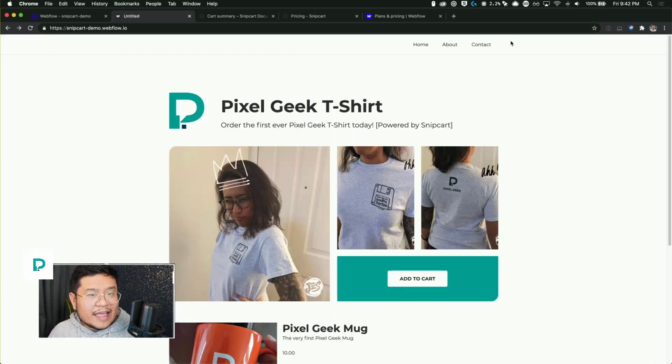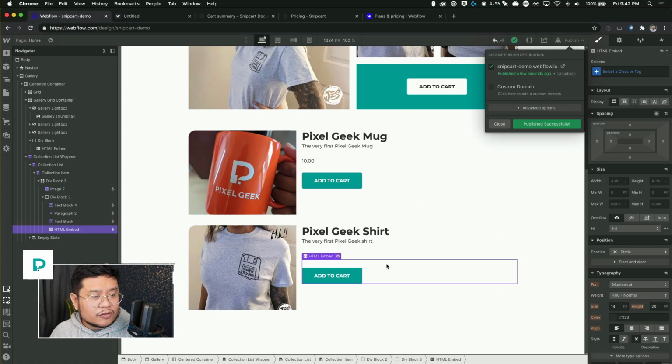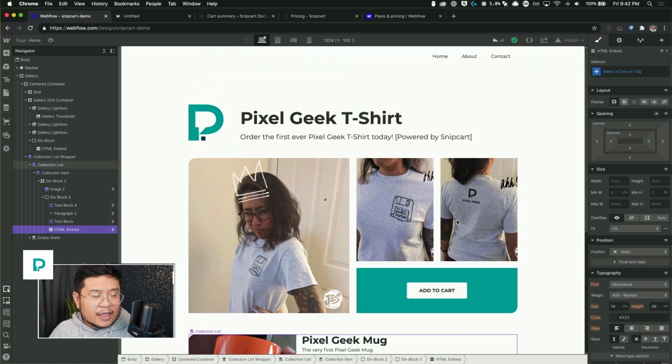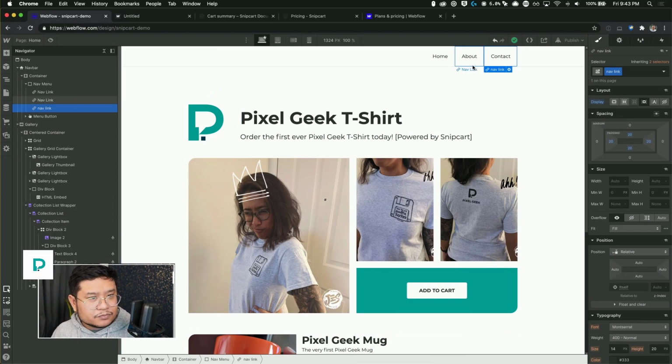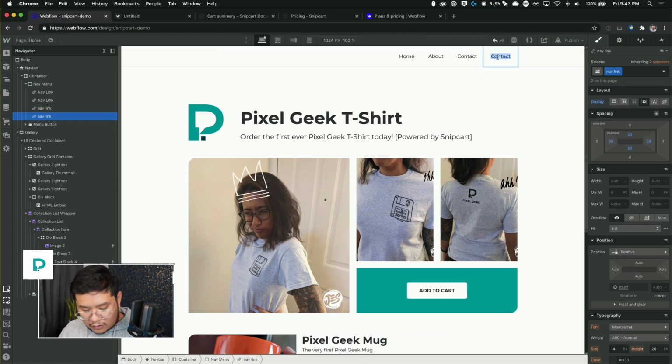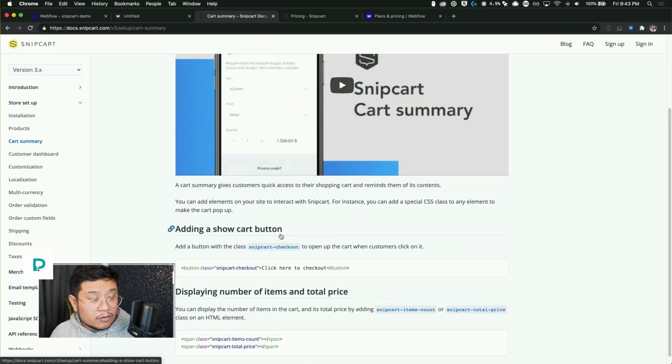What we're going to do is add a cart link at the top right of our nav bar. So let's go here, and what we can do is copy and paste this nav link. I'm going to call this cart, and I'm going to go to their right here.